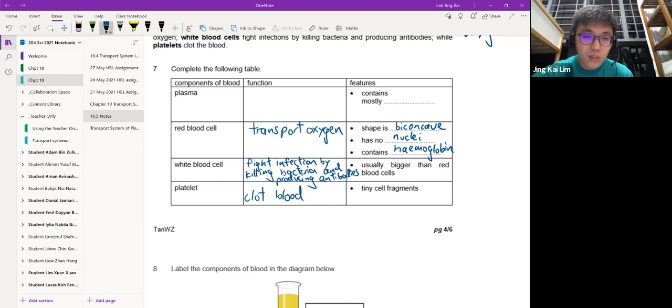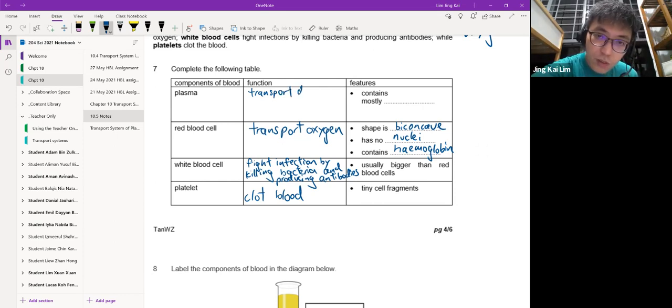The platelets are actually depicted as small, cute children who work together to clot the holes, to clot the blood, so that you don't bleed to death. Okay, so next one will be the plasma. The main job of the plasma is actually to transport